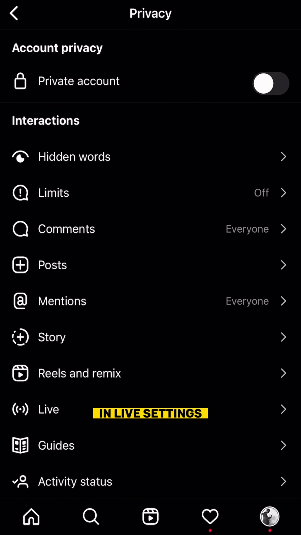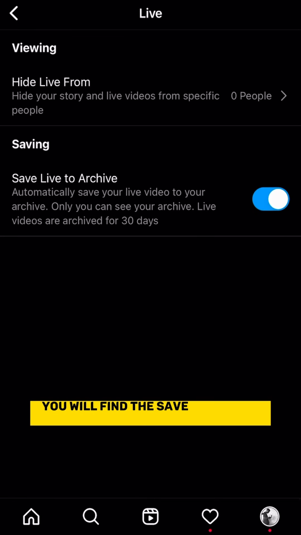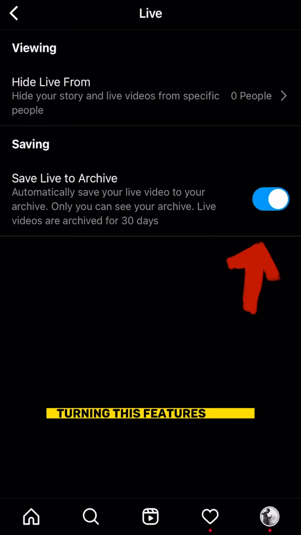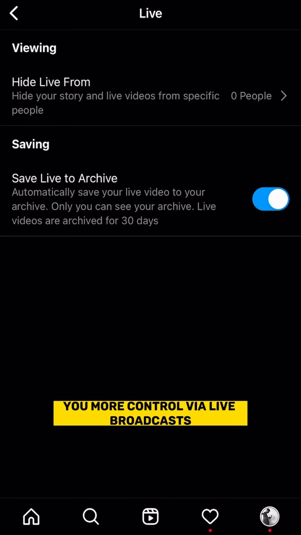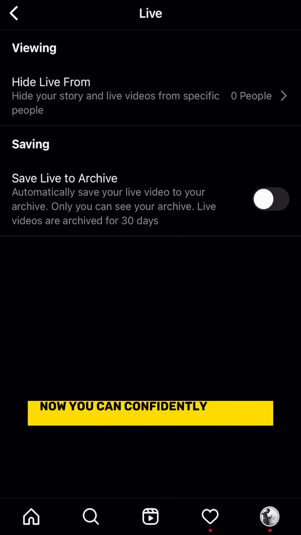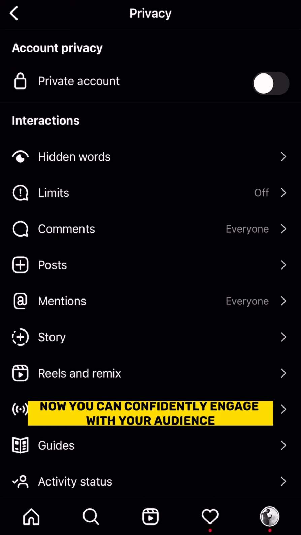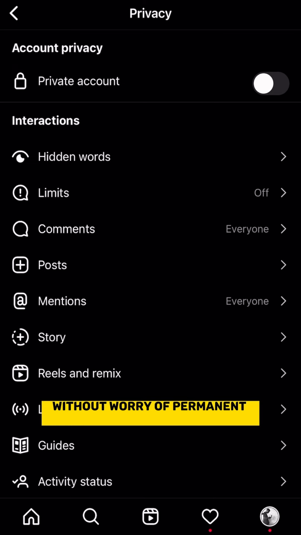In Live Settings, you will find the Save Live Video option. Toggle off the switch next to it to disable the feature. Turning this feature off gives you more control over your live broadcast and ensures privacy for your sensitive content. Now you can confidently engage with your audience without the worry of permanent recordings or